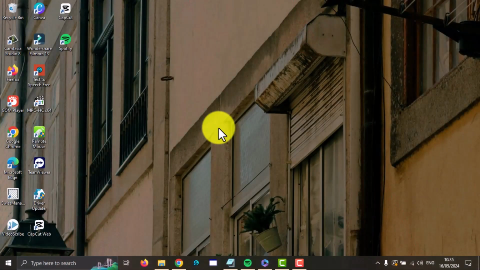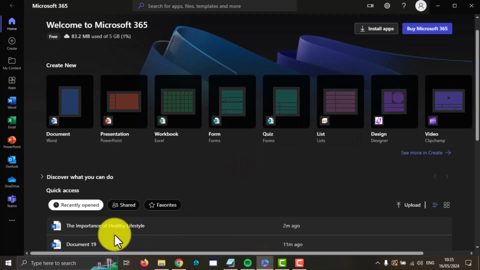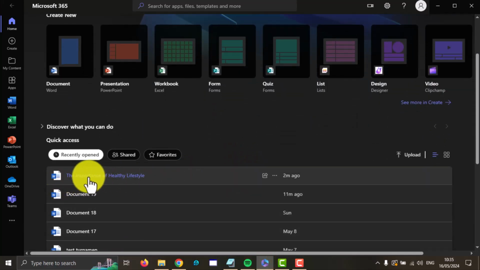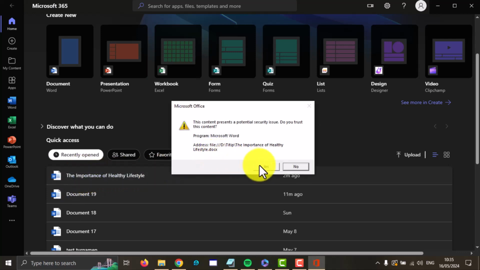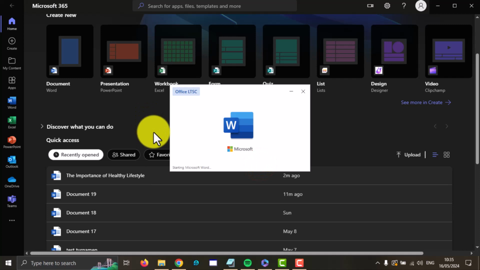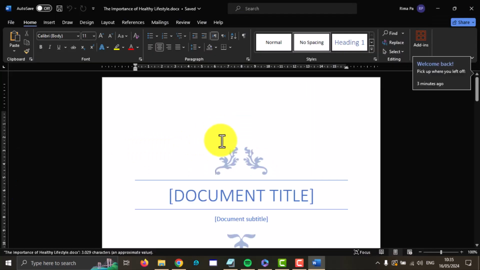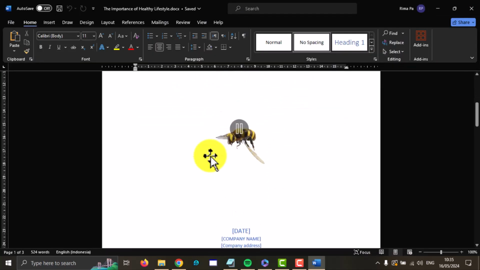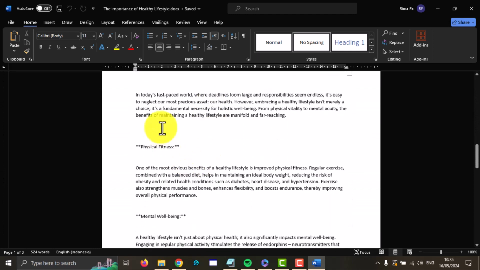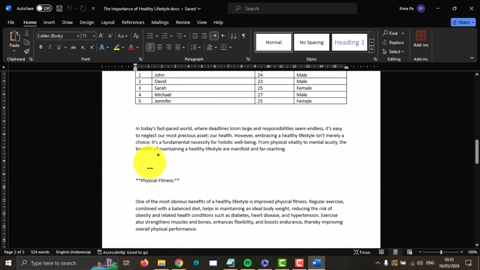To insert a shape in a Word document on Windows 11 Home, open Microsoft 365 and then open your Word document for assembling this document. Next, select the file or location you want to insert in here, and then select Insert,